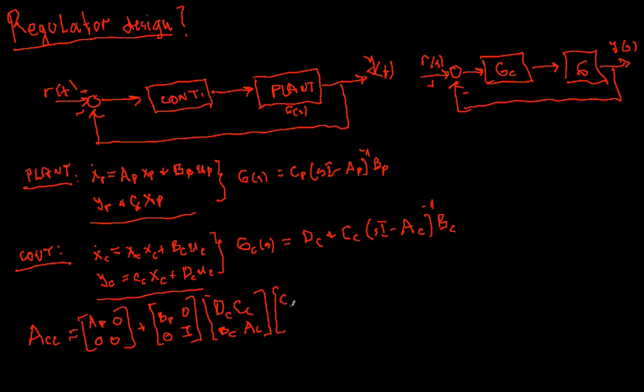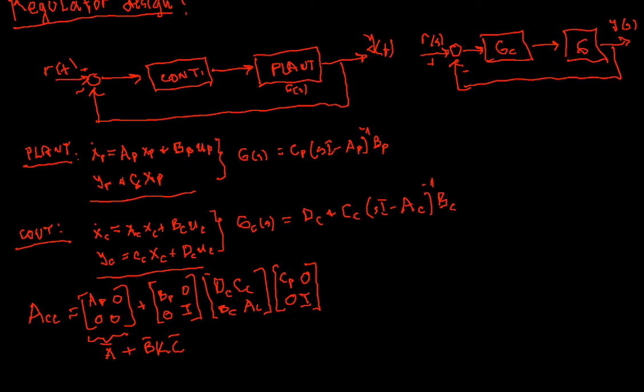And here we have Cp, 0, 0, identity. As we said previously, this is like some A hat plus some B hat, a gain K matrix, multiplied by some C hat,